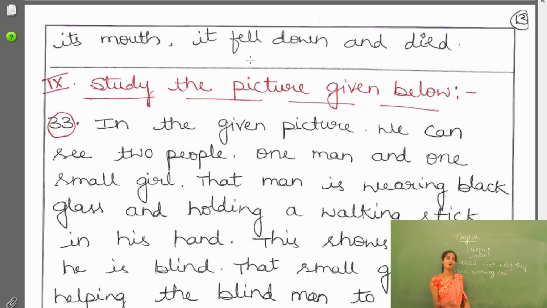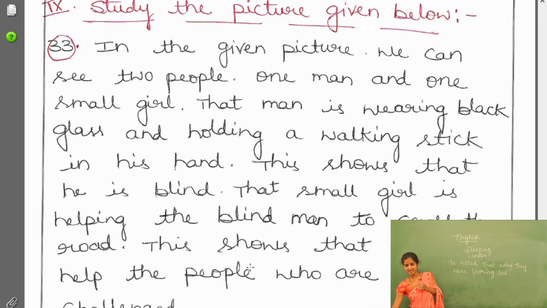See, when you are asked to write a story using the clues, first of all, you look at the clues, you view a story in your mind. In our mind itself, you have to frame the story and then you have to write. Is that clear?